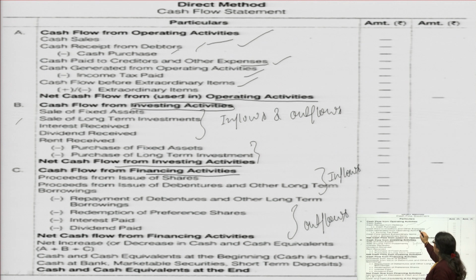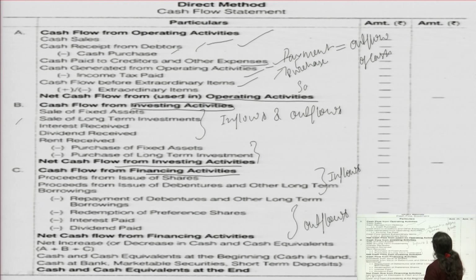Once we are making a payment, all the payments will go to the outflows, it is known as the outflow of cash or funds. Once we are purchasing anything, that will go to the outflow, but once we are selling anything, that time it is increasing your inflow